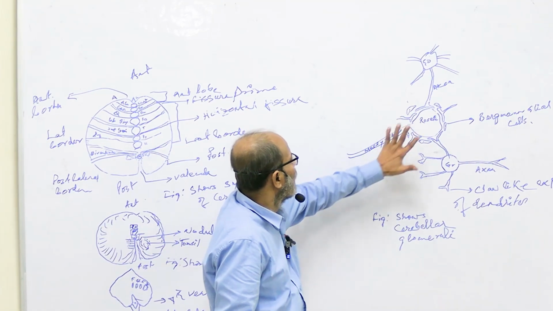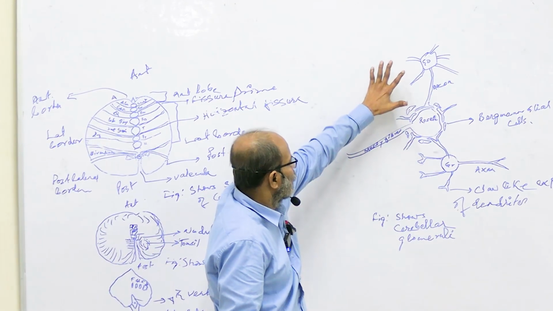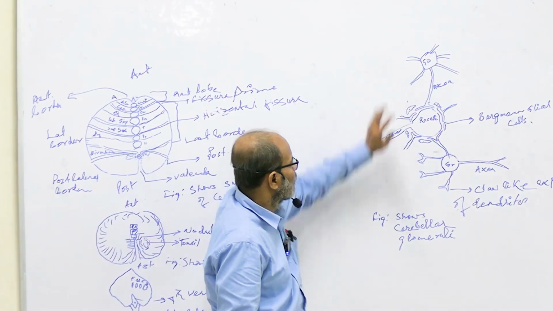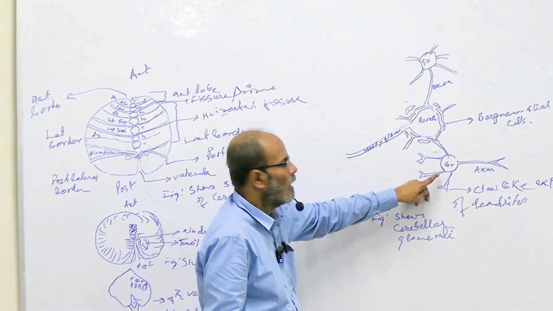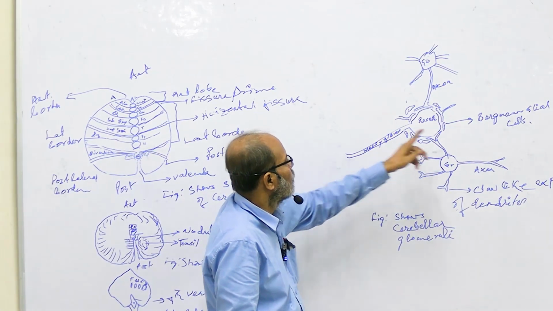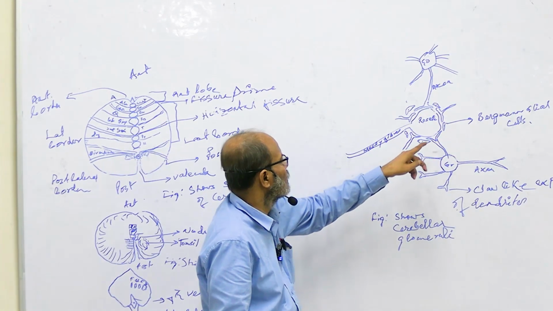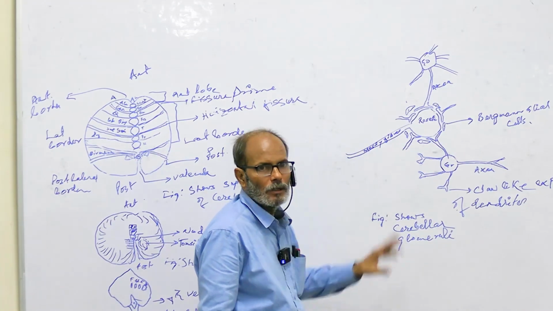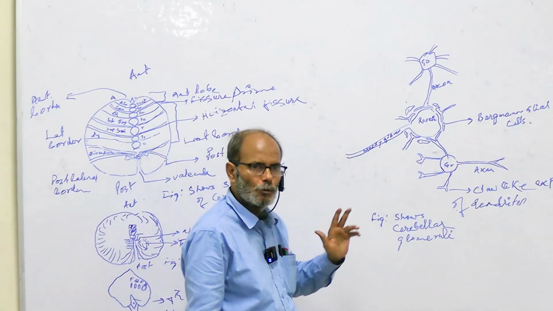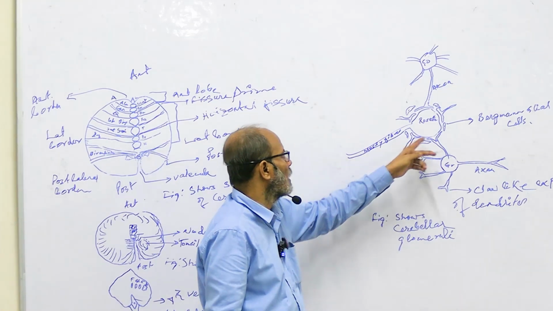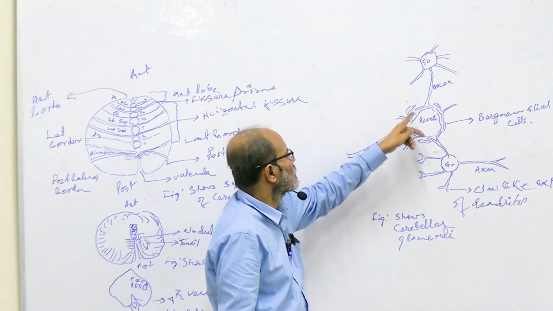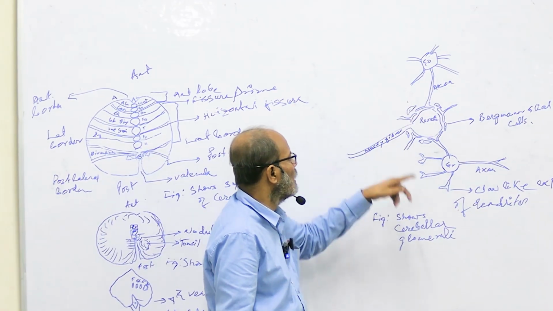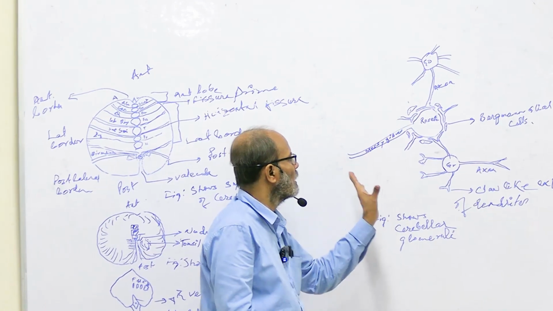and which is surrounded by the axons of the Golgi cells and the claw-like dendrites of the granular cells, and the gaps are filled by the Bergmann glial cells. This constitutes the cerebellar glomeruli. Understood? The terminal dilatation of the mossy fiber together with the axons of Golgi cells and the claw-like expansion of